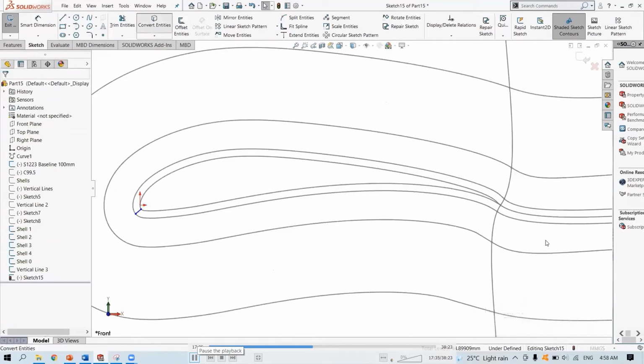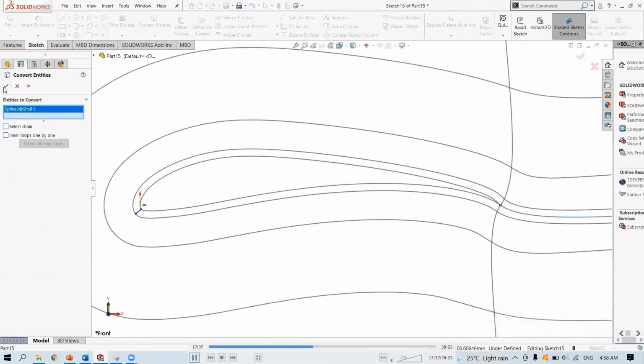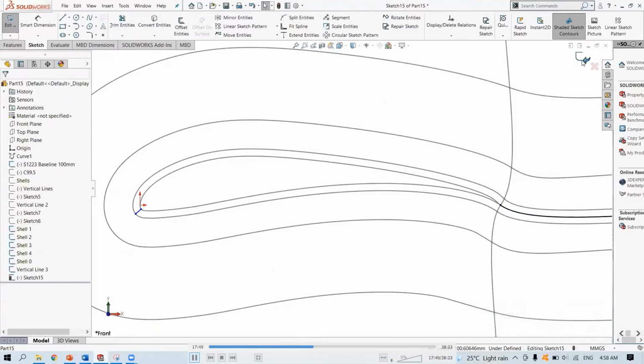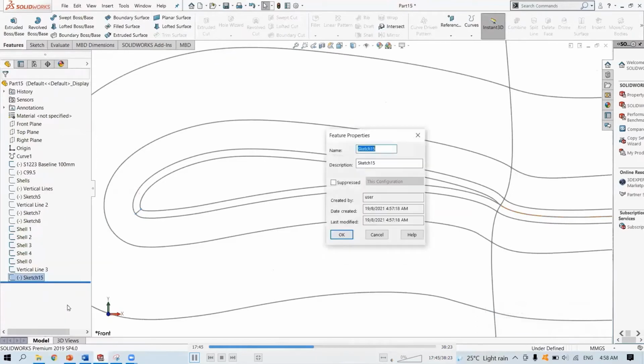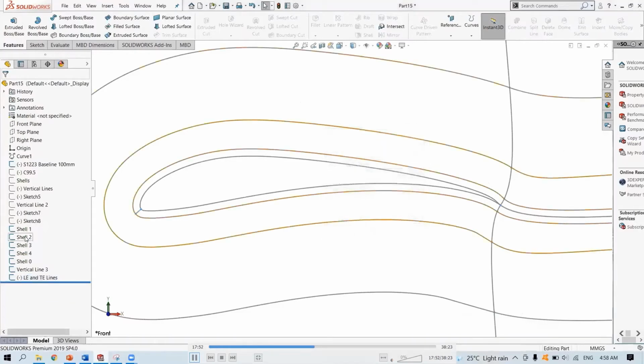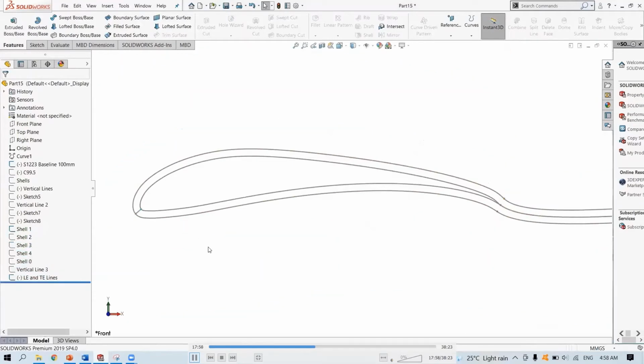I'm just going to convert this one. This one is just to assist me in trimming the airfoil into having the upper and lower surface, so leading and trailing edge lines. Okay. Just hide those.